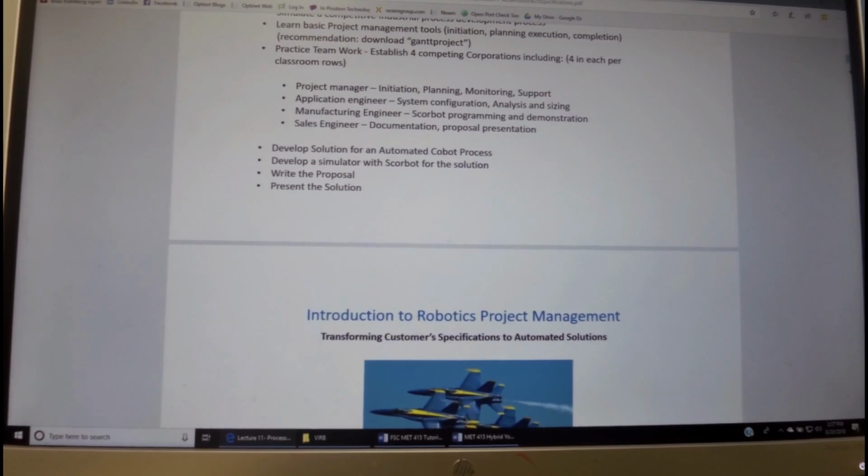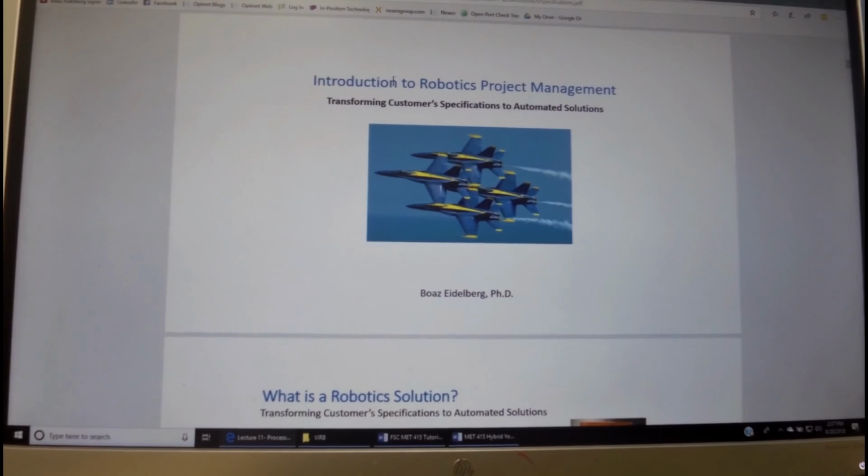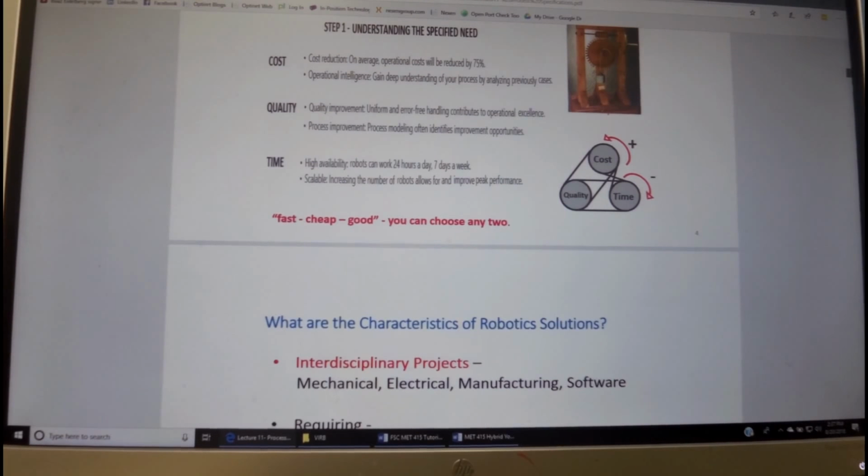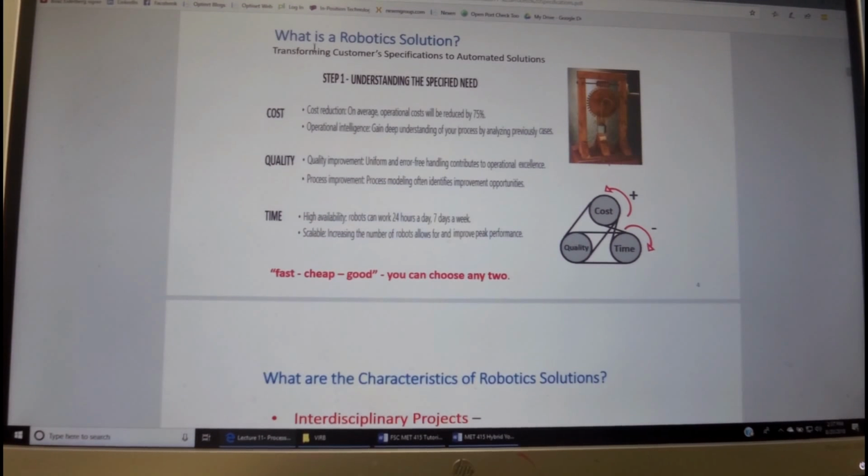In the remainder of this presentation, we'll talk about an introduction to robotics project management, and we will try to apply some of the principles in the final project. When we look at the robotics solution, it is typically related to 3 main characteristics of the product that we try to present to a customer.